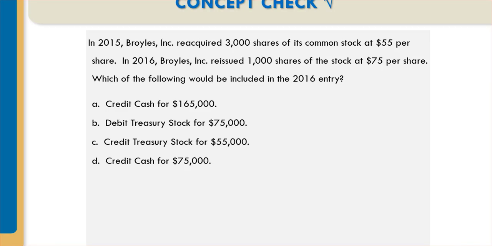Broyles reacquired 3,000 shares of its common stock at $55 per share. And the next year, they issue 1,000 shares at $75 per share. I'm going to mention right now, the assumption here is that they only have one batch of shares in their treasury, because